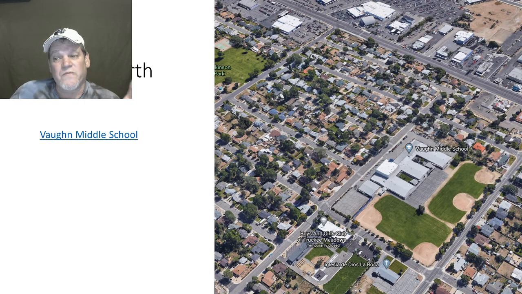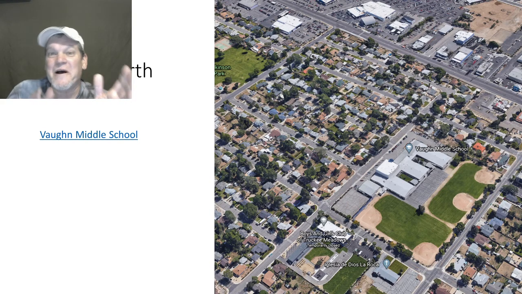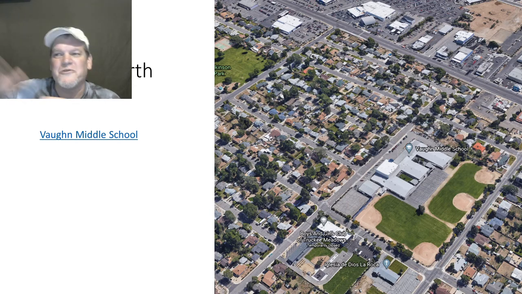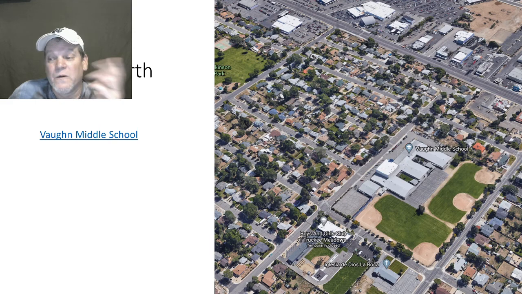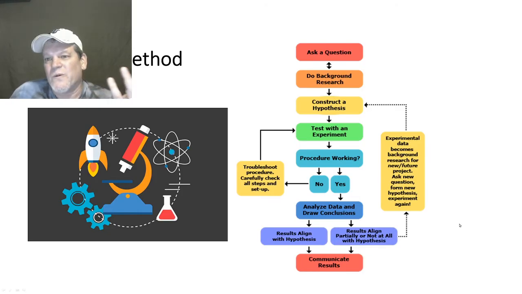We're going to start off with Google Earth. If you haven't used Google Earth, it's a satellite view, right, of here's Vaughn Middle School, but you can see all kinds of neat stuff out there. And we're going to use it kind of as a tool so that you can learn about other Microsoft stuff, namely how to take a screen capture, right? Because you're going to upload that screen capture to me to show me that you did something, right? Or your videos that we're going to make. We're also, again, I'll show you how to make videos. So without going into a whole lot of detail right now,